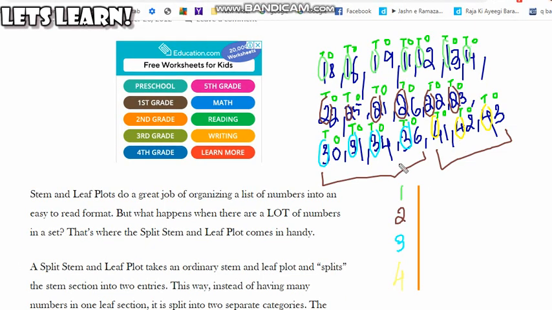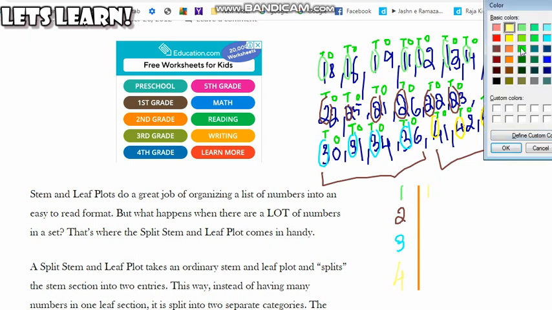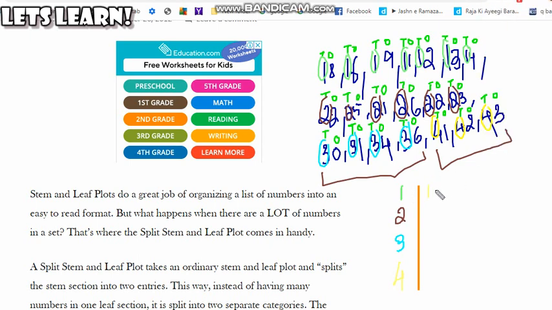So we know that we have the smallest number here, that is 11. So 1 out common here, then 1 inside, that is in the leaf part. So let me change the color here. So that is 1 inside. Then again we have 12. So 1 outside and then 2 inside. We have taken the 1 common.